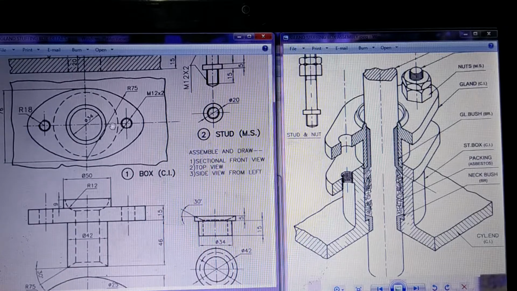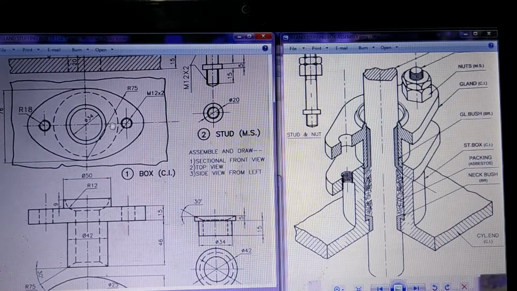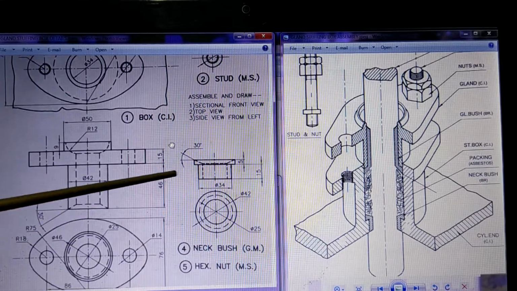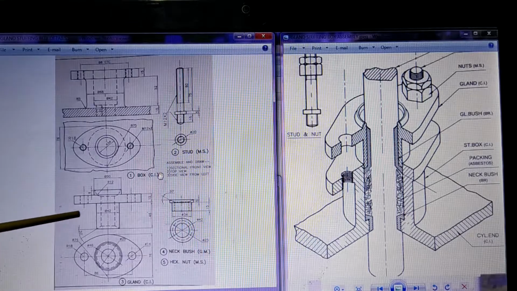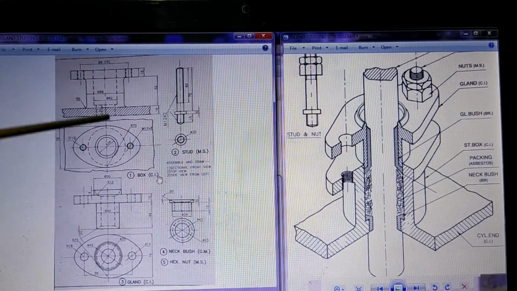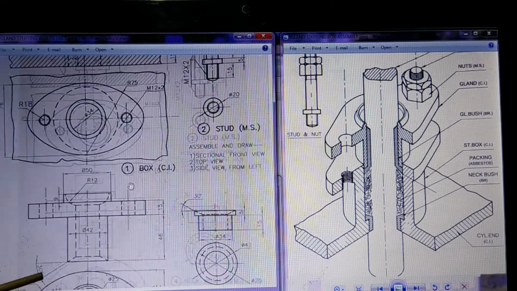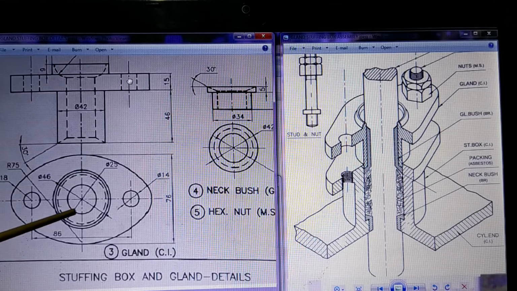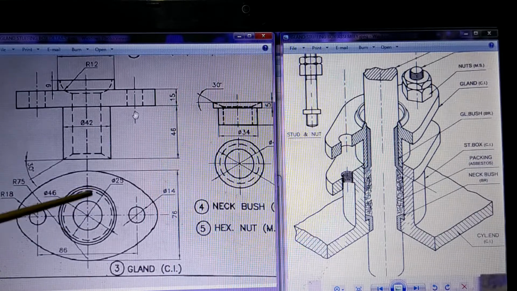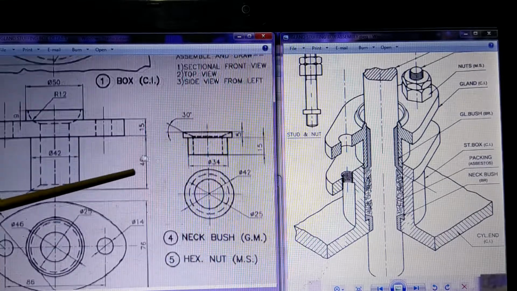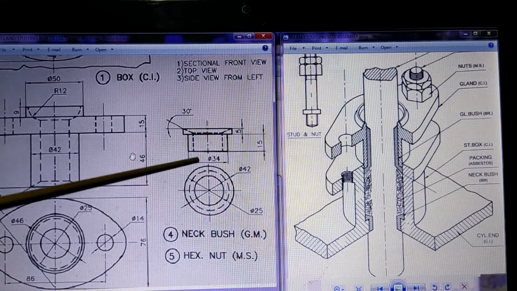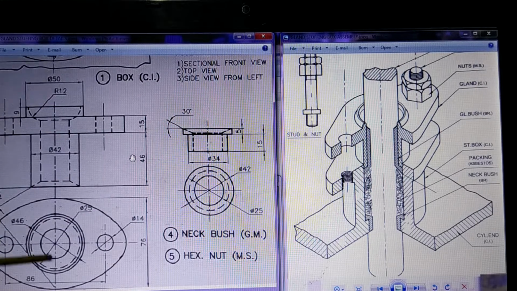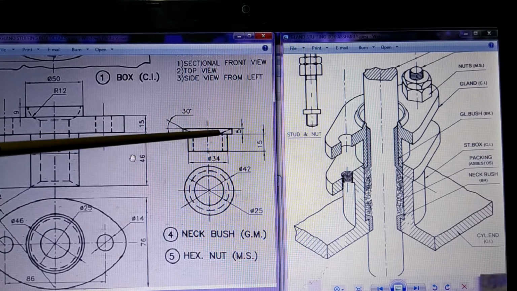So now what happens is, when you draw this assembly, at that time you are going to draw this part here and this part here, and between these two you can see the shaft. This inside diameter, how much is it? It's written somewhere here, 25. So this hole is of size 25. Here also the same hole of size 25. So from this 25 hole, the shaft will come and go, through 25 and 25.